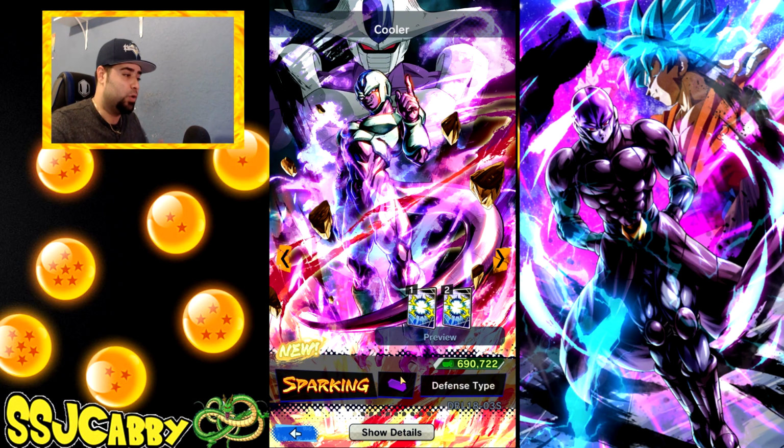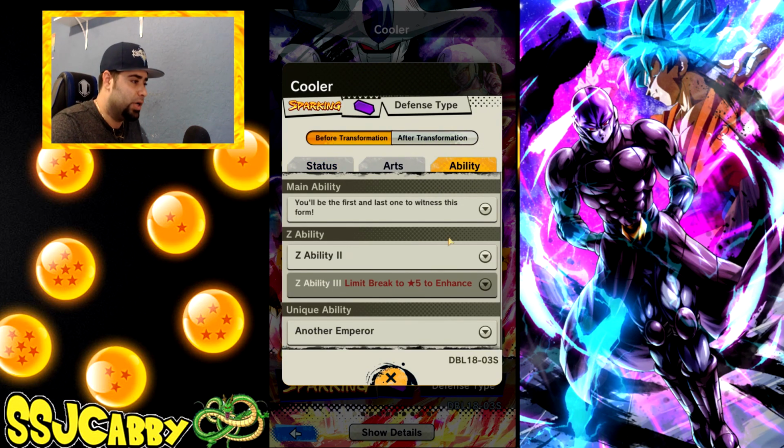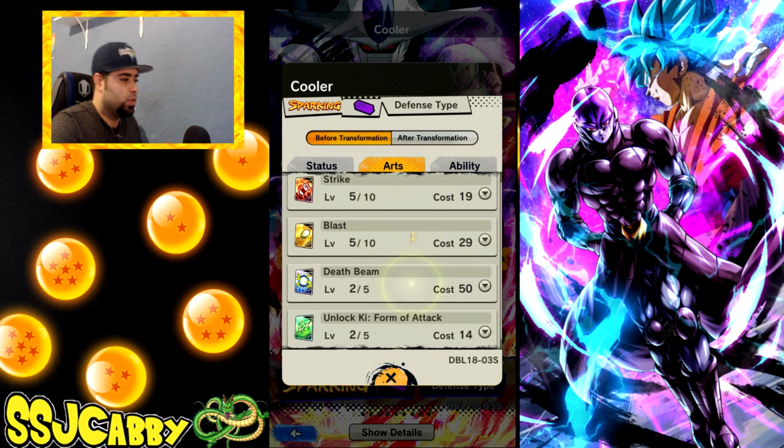But for units that I do not have, what we can do is take a look at their abilities in the actual featured part of things, and then also I do have all their stats written down for you guys, just like we did on the chart. But this time around I have it post transformation and pre-transformation, so you guys can see the differences on both levels. But first, taking a look at Cooler with his arts, first and foremost,